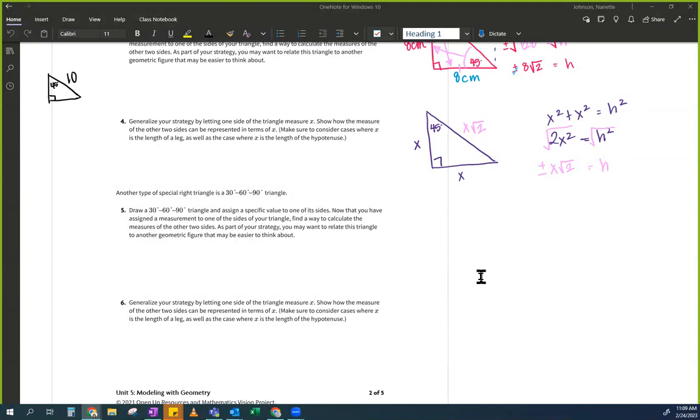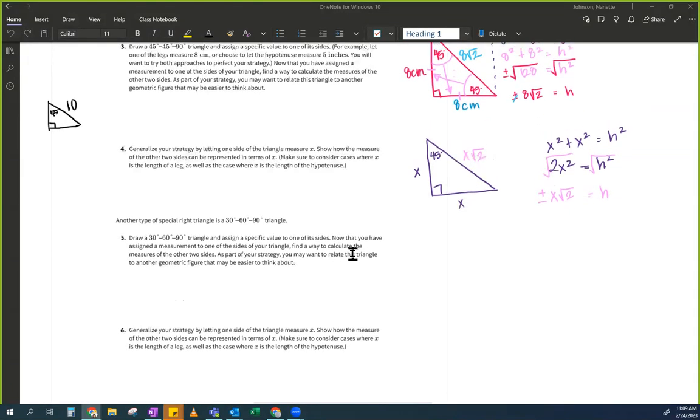Absolutely. That is fine, taking notes. That's perfect. Okay, so this one says, draw a 30, 60, 90 triangle and then assign a specific value to one of the sides. Now that you have assigned a specific measure, then you're going to try to calculate the rest of the two